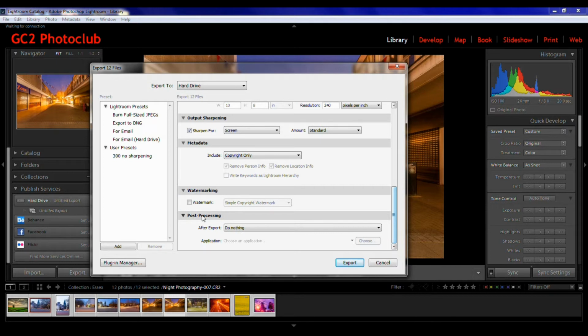The box at the bottom here, titled Postprocessing, gives you the option to tell Lightroom what to do after it exports your images. If you click on the button with the preset Do Nothing here, a drop-down list of options appears. Make your selection from this list by clicking on the name of that option. In this case, I'm going to click Show in Explorer. This will allow me to see the photos that I've just exported in my computer's folder and check that the